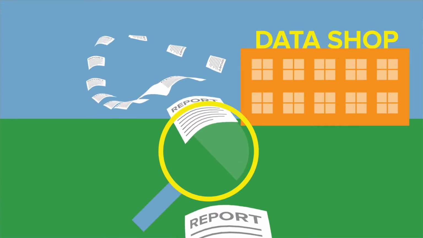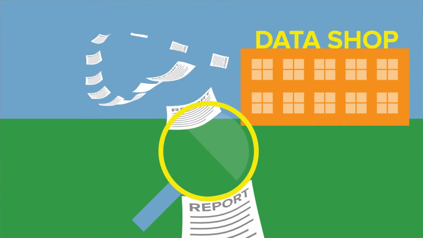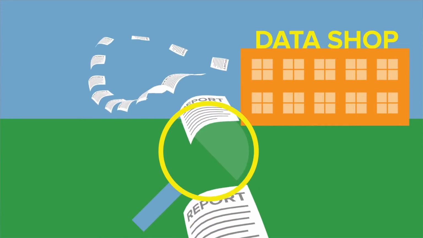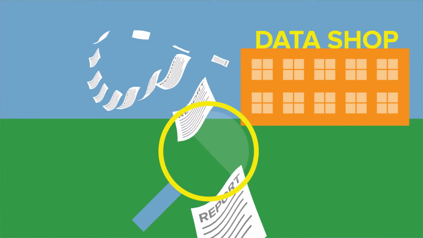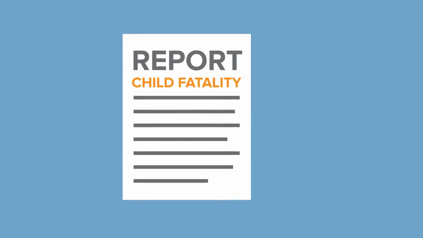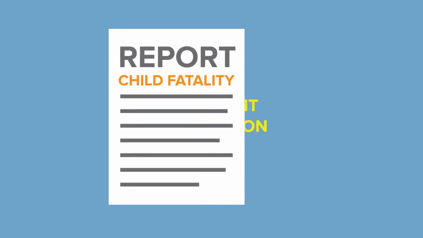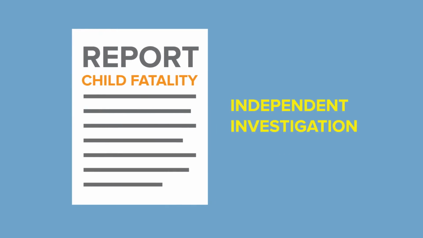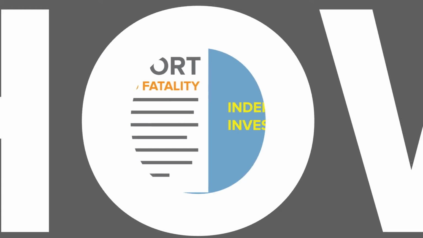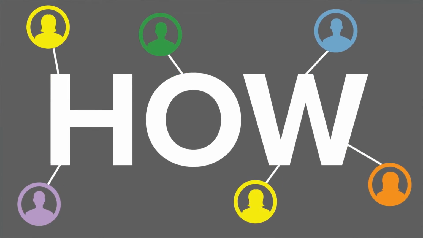I often identify problems when I'm reviewing reports produced by our data shop, but sometimes problem identification is out of my hands. For example, we had a child fatality a few years ago. The governor's office conducted an independent investigation and ordered an overhaul of the intake and investigation system as a result. How a problem is identified can arise for many reasons, and it's important to involve multiple stakeholders in defining the